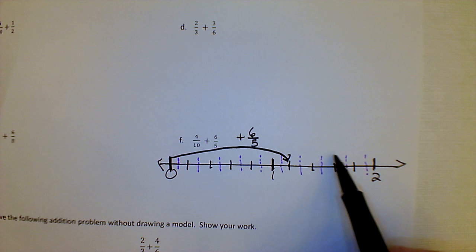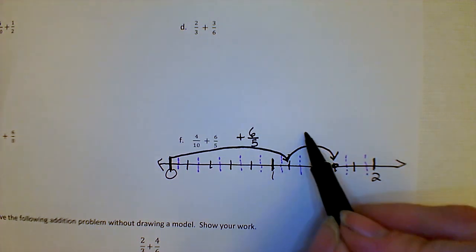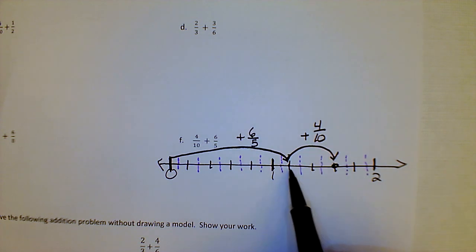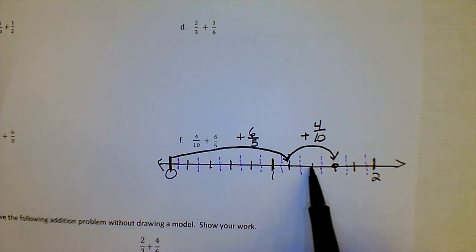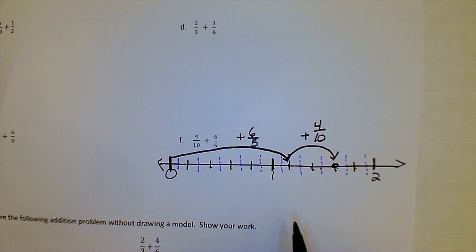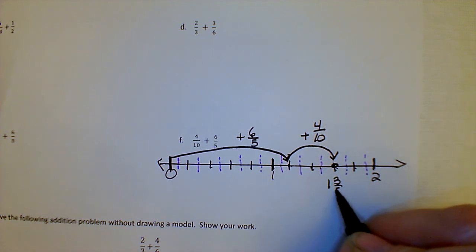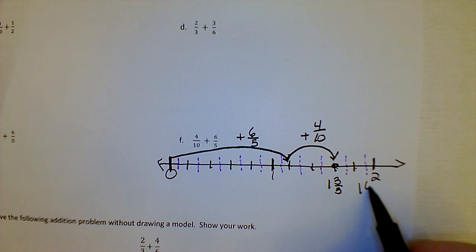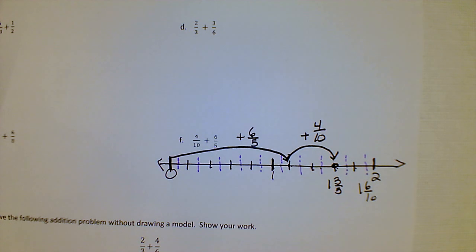So we're going to go 1, 2, 3, 4. We're going to make an arrow going to here. And then we're going to show that we just added 4 tenths onto this. 1, 2, 3, 4. And now I can figure out what the whole thing is. I can start by going 1. And then since it's landing on these lines, on the fifths, I can just count by fifths. So I have 1 and 1, 2, 3 fifths. So that would be 1 and 3 fifths. Or another way of writing that would be 1 and 6 tenths, because I could go to 1 and go 1, 2, 3, 4, 5, 6. Either is correct, although I would rather have that one, but either is totally